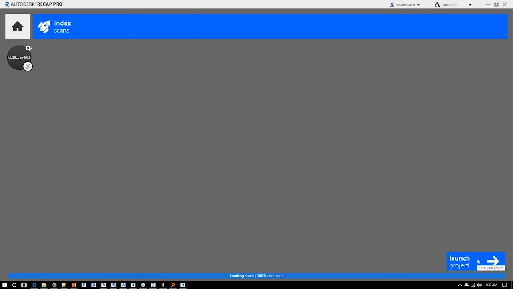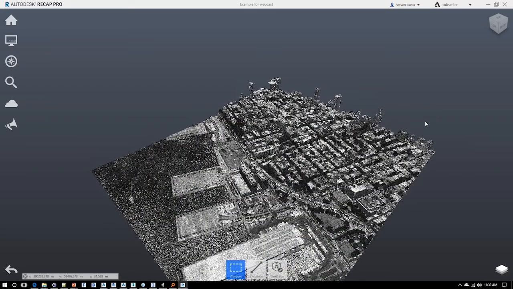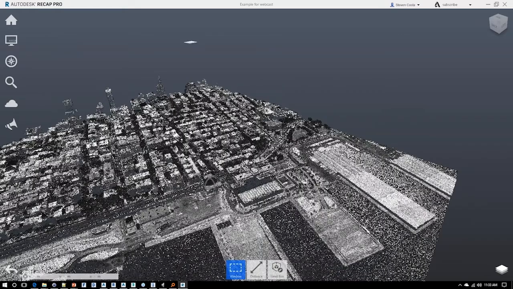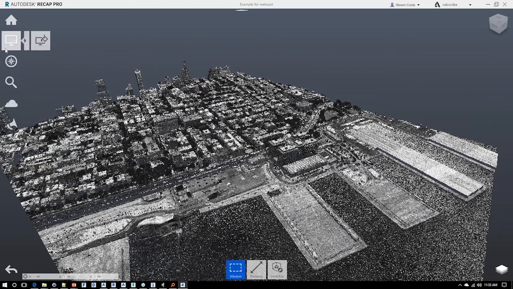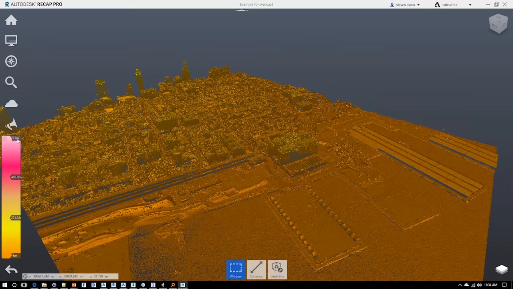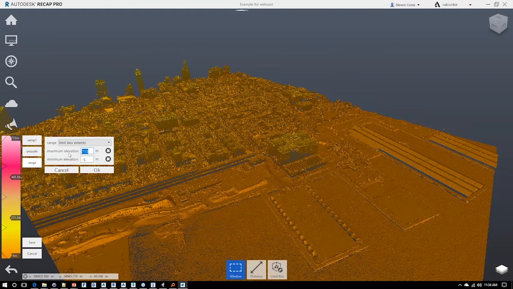So once that information is done, I'll go ahead and I'll click launch view, and here I am. So I can stylize it in Recap. I can view it. If I want to go ahead and add a little bit of elevation coloring, I can do so. I can do that by changing the different types of spectrums that I want. So if I'm working here, I can control the various, let's see, ramp 1, let's do smooth and a range, and I'll just say maybe from